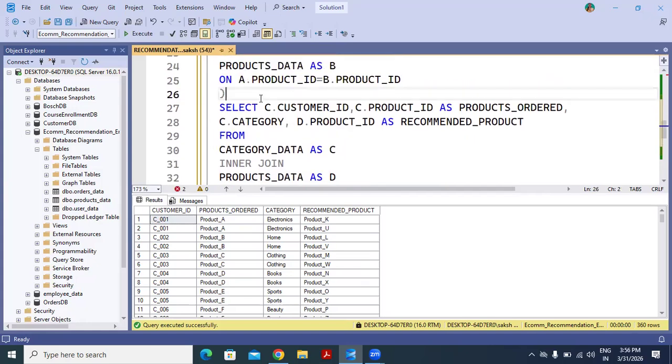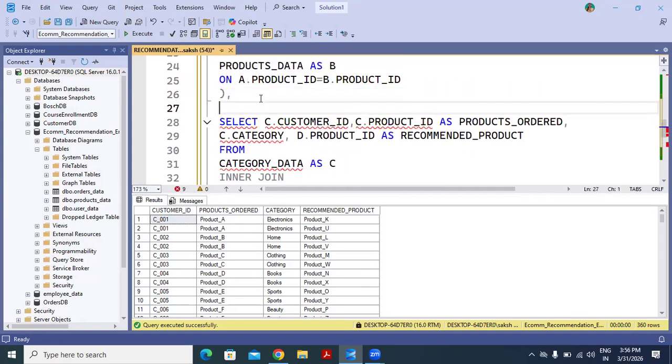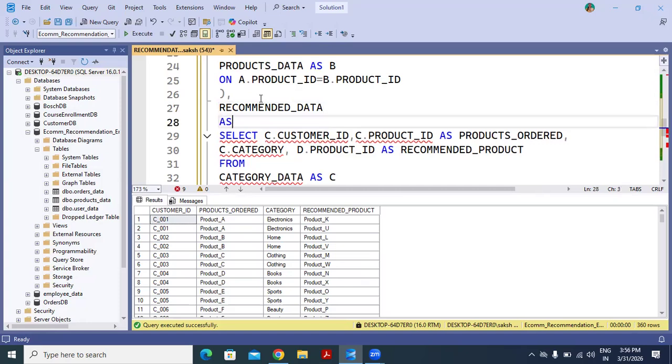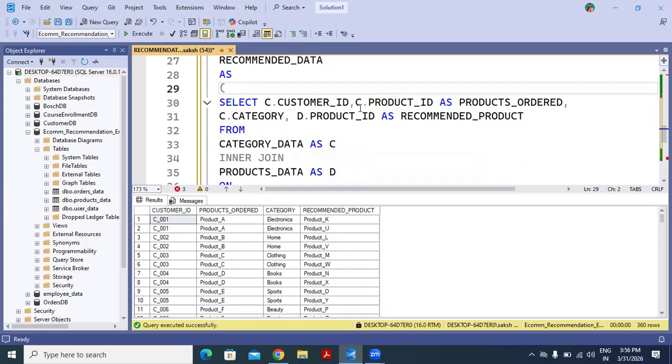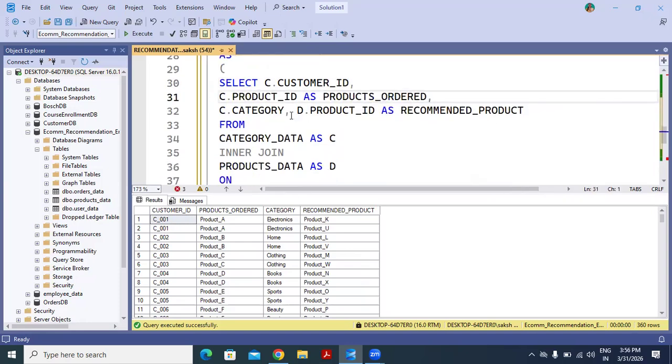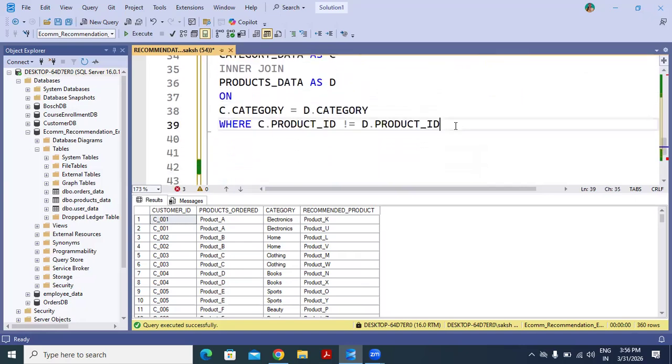Now, let's put it in a CTE and give the name as recommended data, as, and select all from.